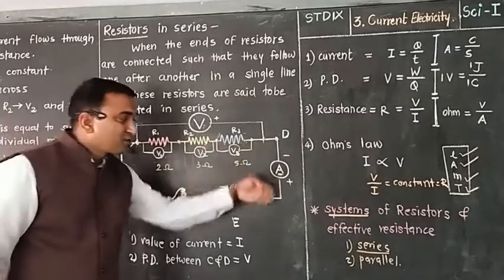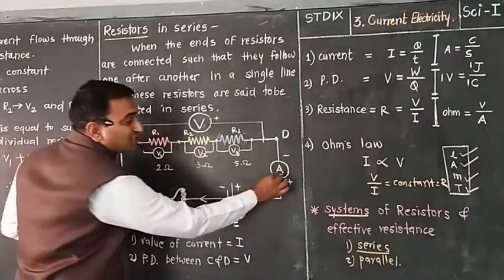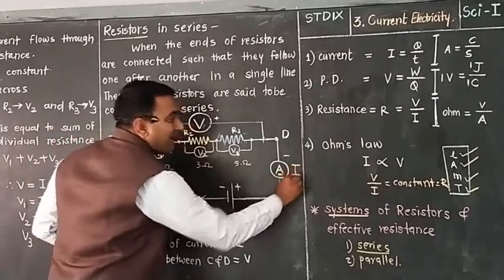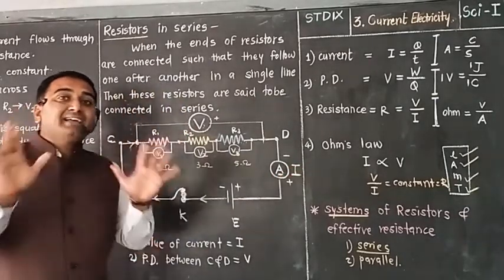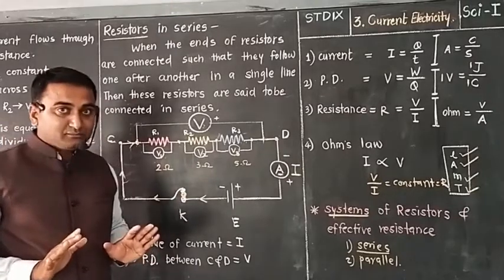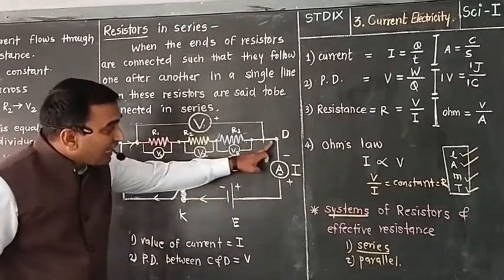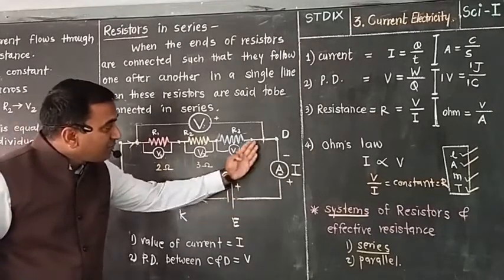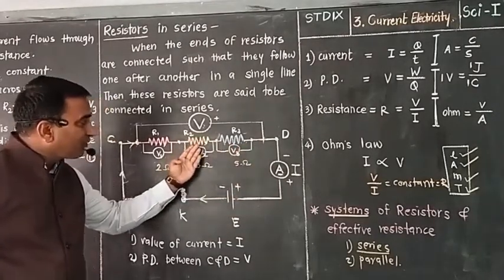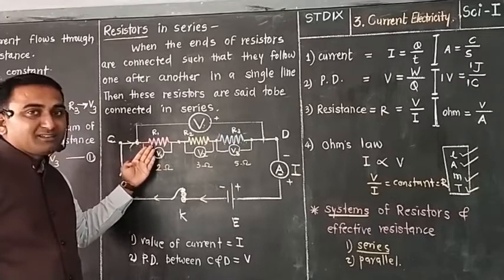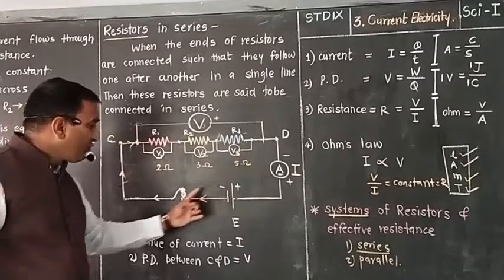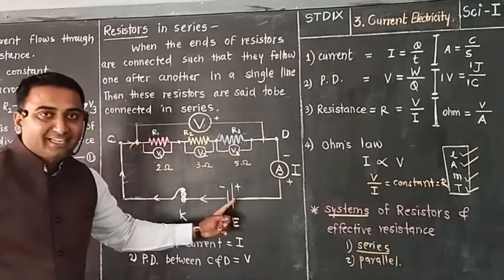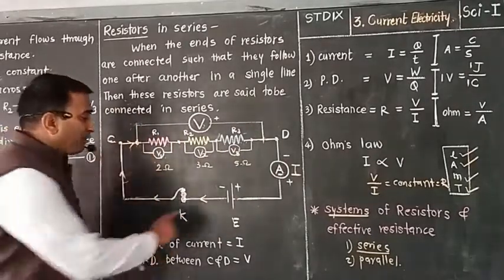That means charge passes through the circuit or not. So how much charge is passing through this ammeter, that current is I. Consider I current is there in the circuit. But see here, what is the charge passing through this ammeter? The same electrons from here, same electrons from here, same electrons from here. So the same charge is there. So wherever you go from the negative to the positive terminal of a cell, you will get the same current because only